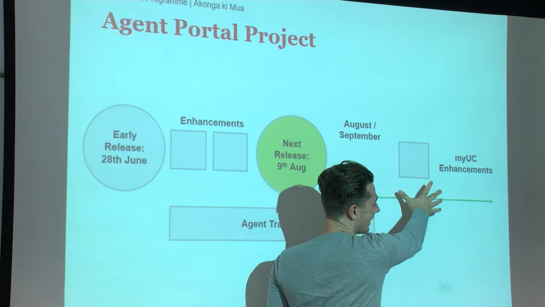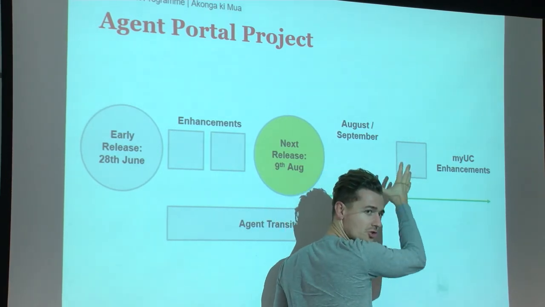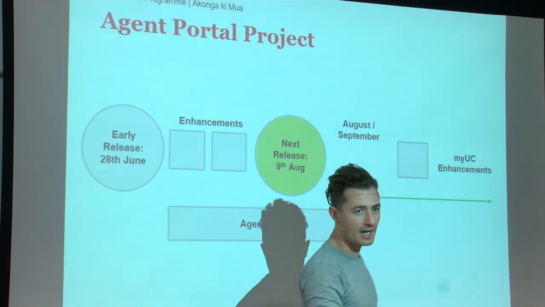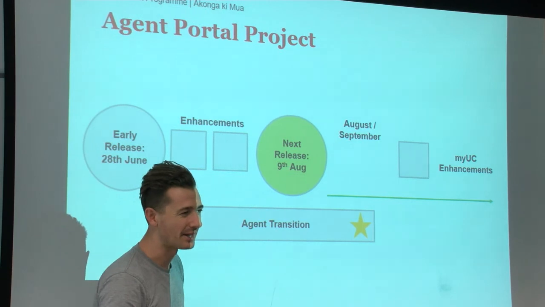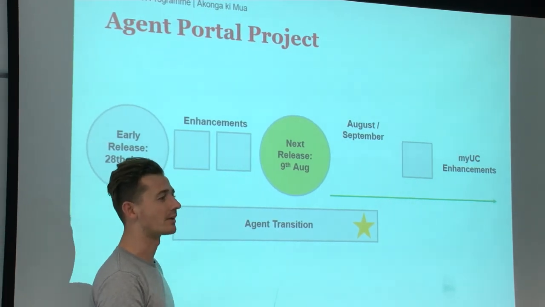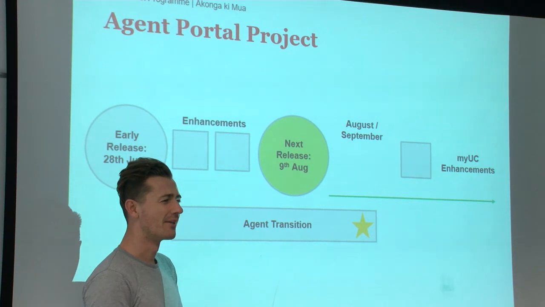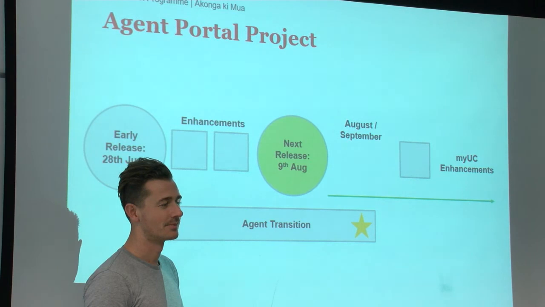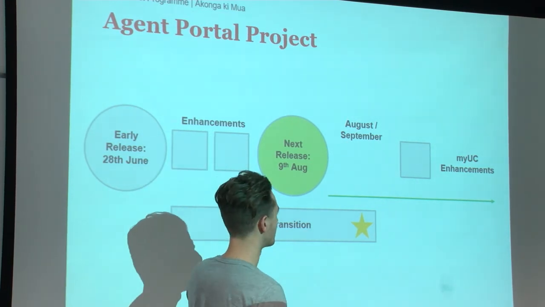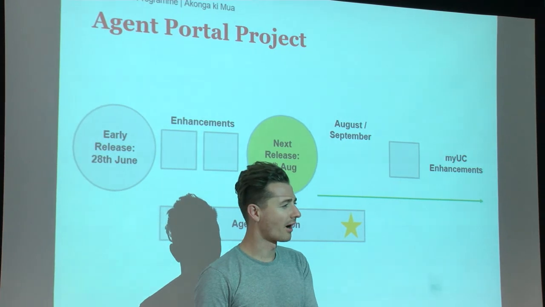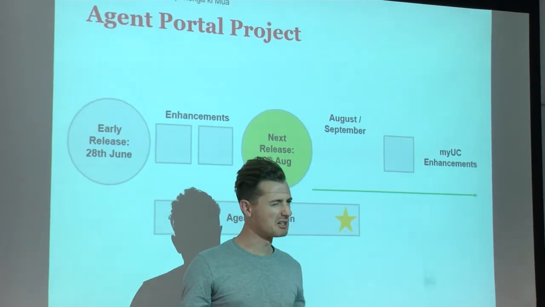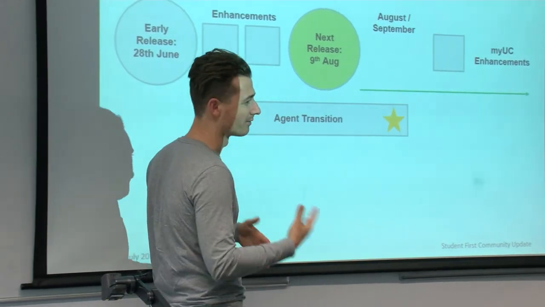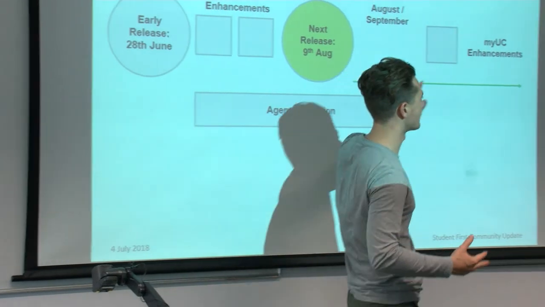And then over here, as part of my UC enhancements generally, which will benefit agents, but they will also benefit international students and domestics. So these are things around academic history. I don't know how many of you are particularly familiar with the application form, but the way we ask for certain bits of information is somewhat confusing. You know, for a postgraduate student, we ask them what was their highest high school qualification, and you go, it's not really relevant. So just some of those obvious things to clean up, which will happen towards the tail end